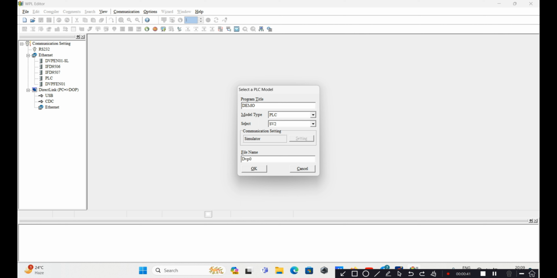Okay, then model type PLC, VFD, PLC, selecting PLC, then select SS, then file name: start stop program. Okay, then